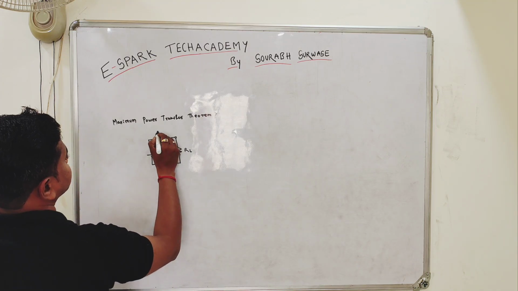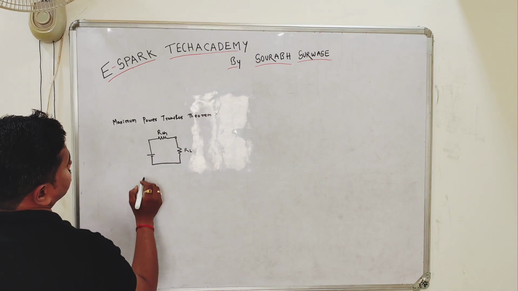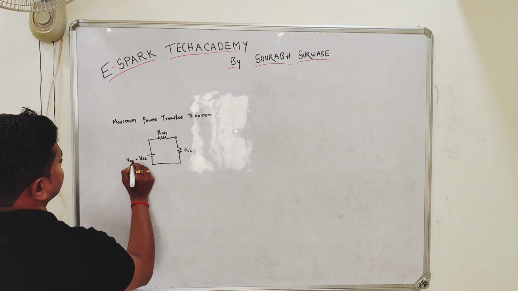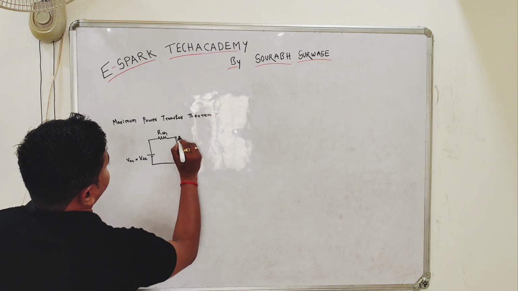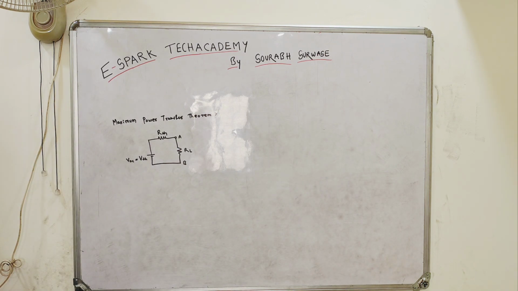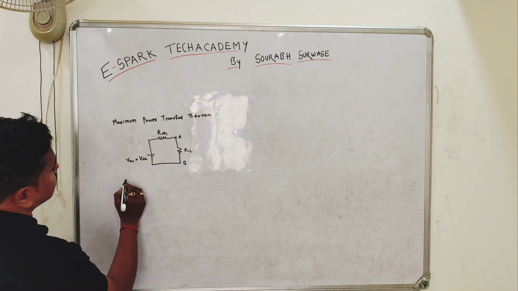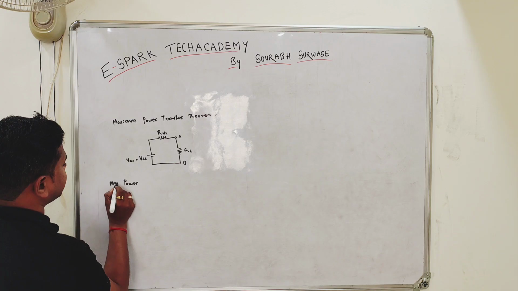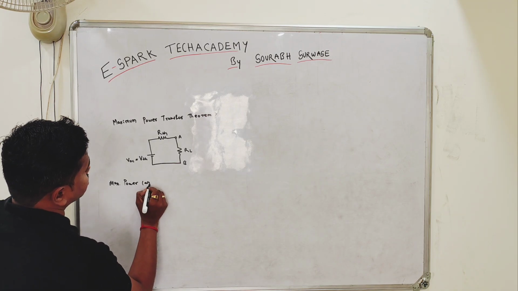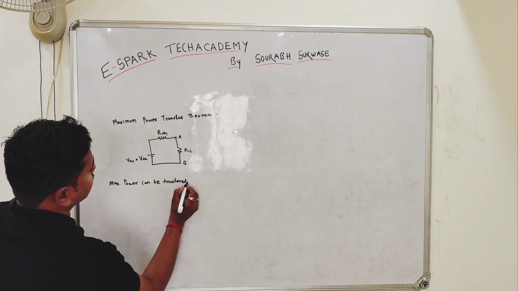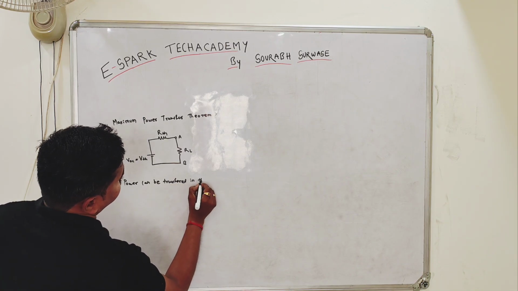RL will be the load resistance, RTH will be the open circuited Thevenin's resistance, and this will be VTH, the open circuit voltage across the points, let it be point A and point B. Now in this case the maximum power will be transferred only when, you can say, max power can be transferred in the circuit